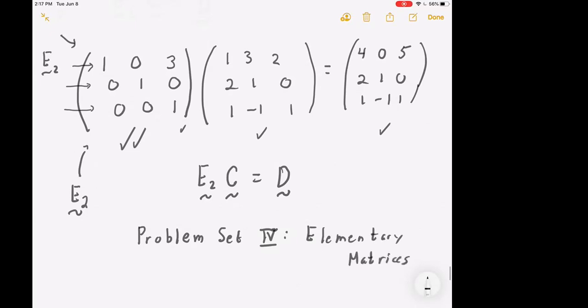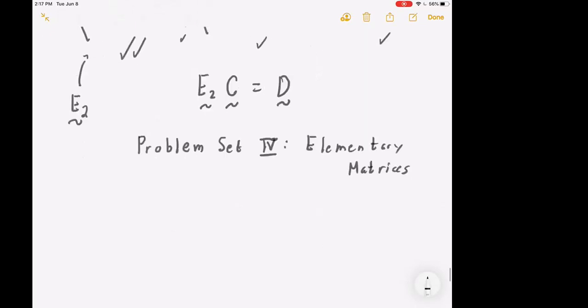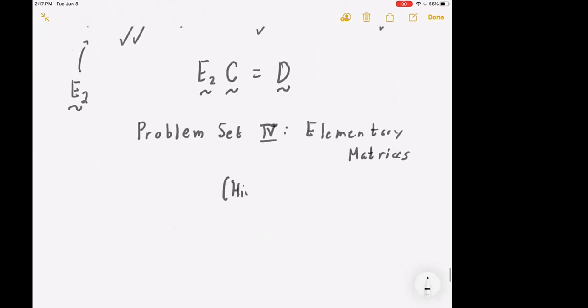And again, the hint is you always start with the identity matrix of the correct order, and then you fiddle with it. But this fiddle technique is going to be a lot more clear, because all you're going to do is just take the elementary row operations you want to do and bake them into the